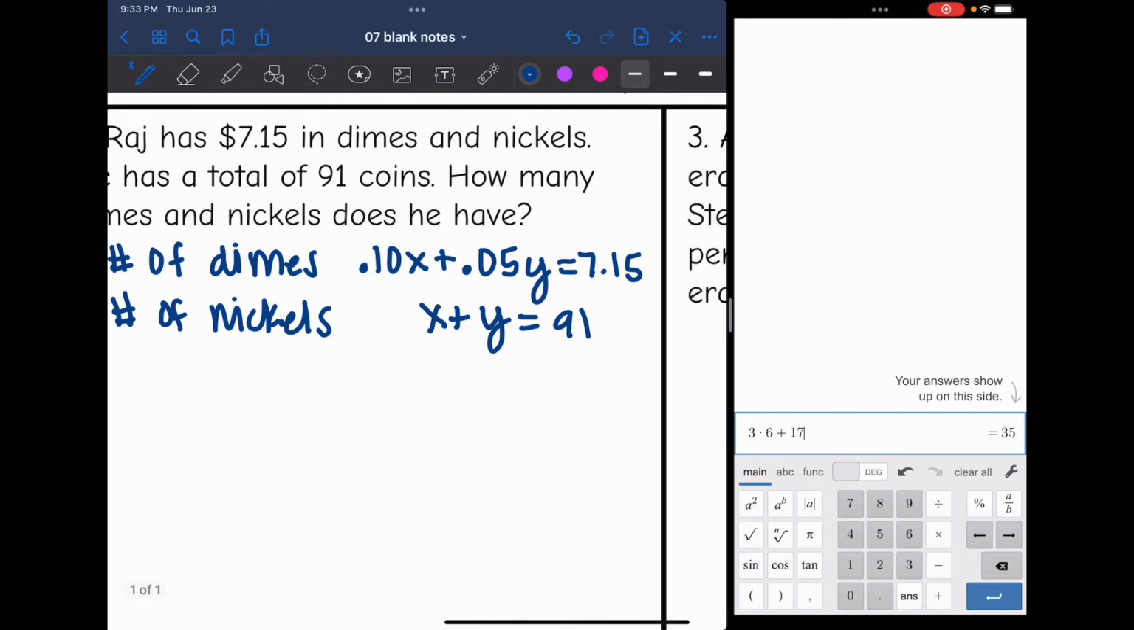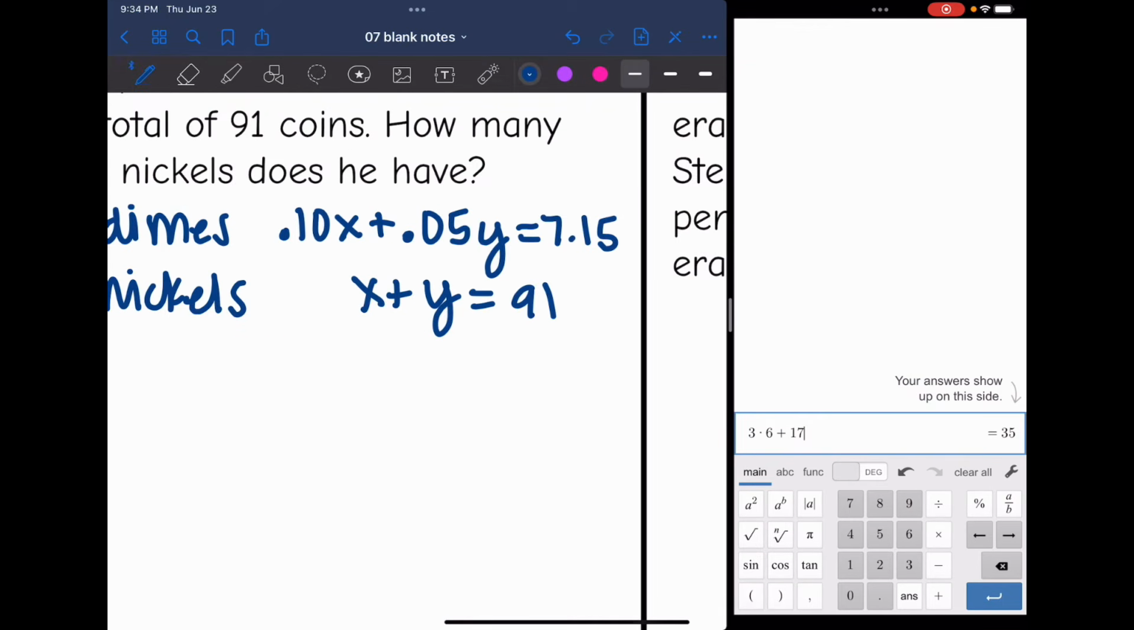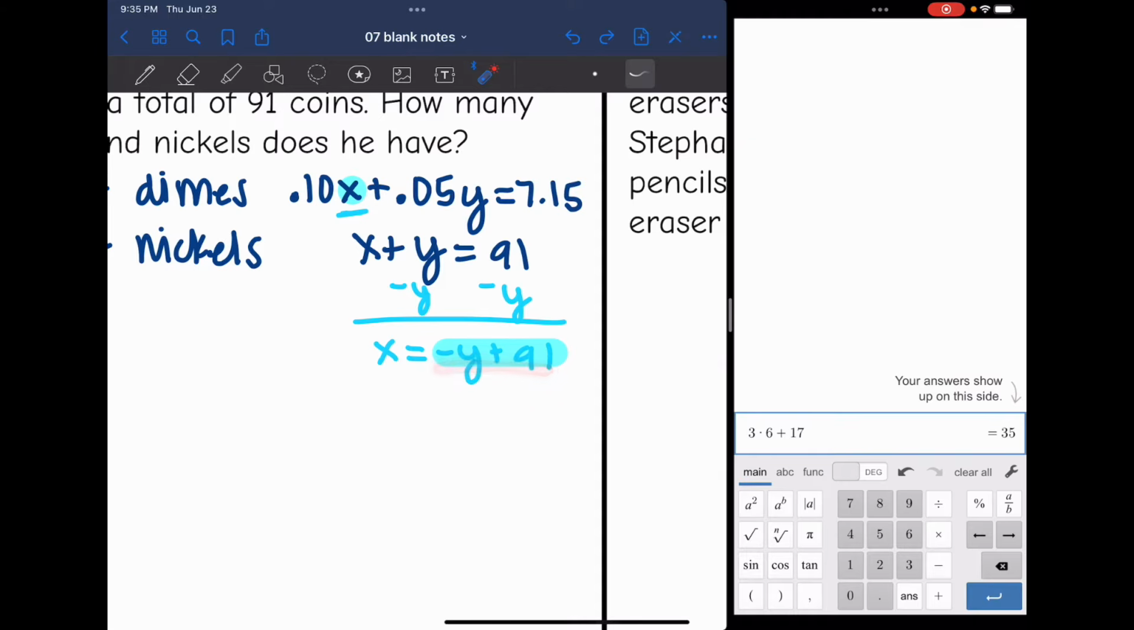We could solve this with substitution or elimination. Either of them would work well here. Since the variables are lined up, I'm going to go ahead and use substitution though. So I'm just going to solve this bottom equation for x. So I'm going to subtract y, and I get x equals negative y plus 91. I'm going to replace x in the top equation with negative y plus 91. So it'll be 0.10 times, instead of x, negative y plus 91, plus